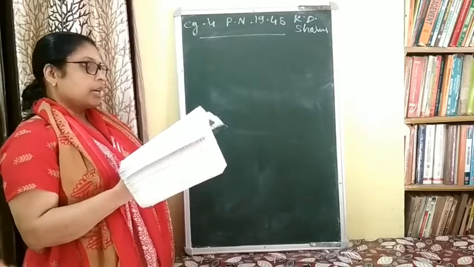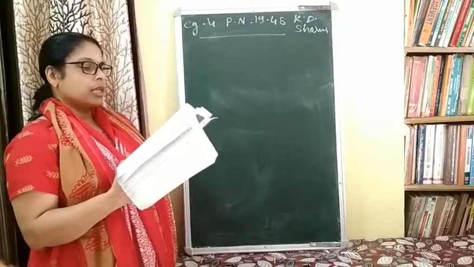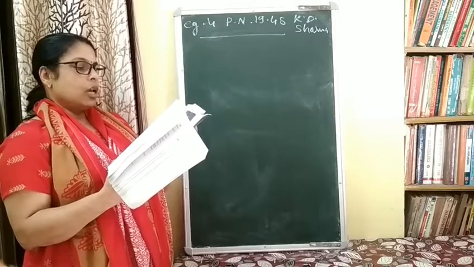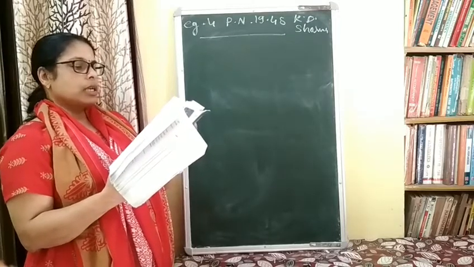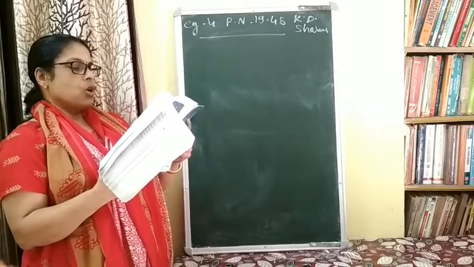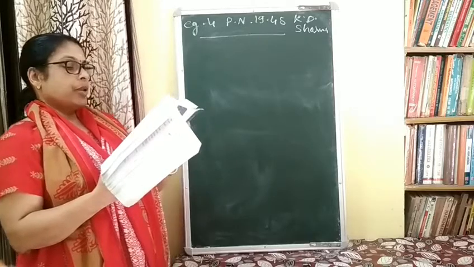Okay, I am reading the question. 150 workers were engaged to finish a piece of work in a certain number of days. 4 workers dropped the second day, 4 more workers dropped the third day, and so on. It takes 8 more days to finish the work now. Find the number of days in which the work was completed.